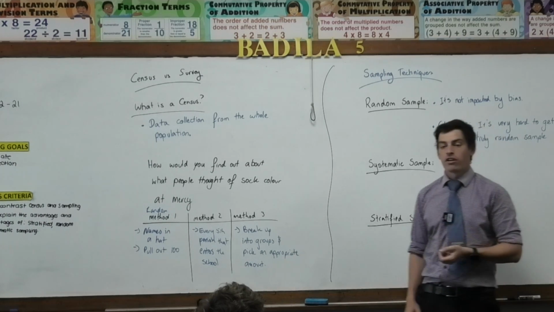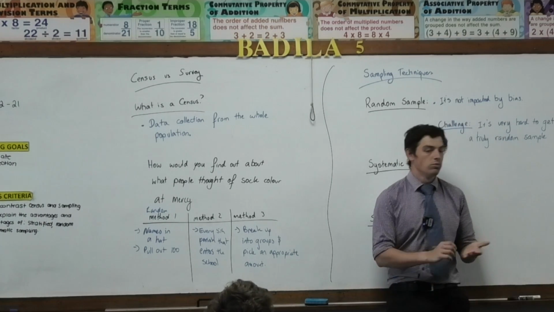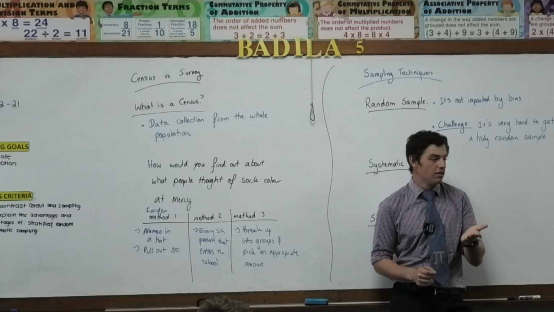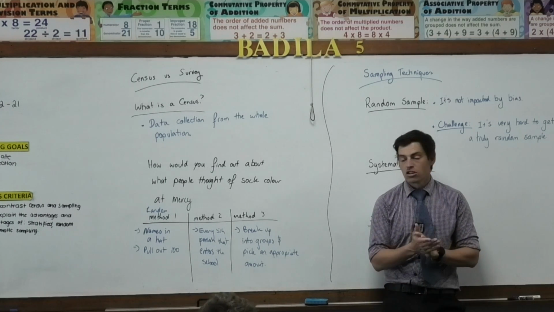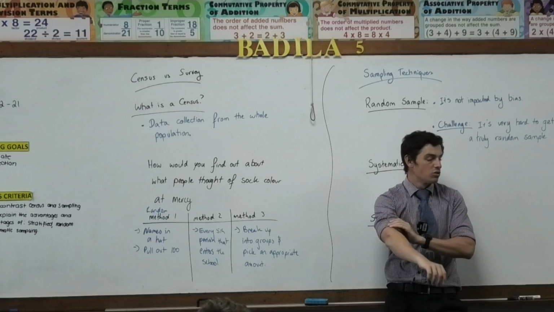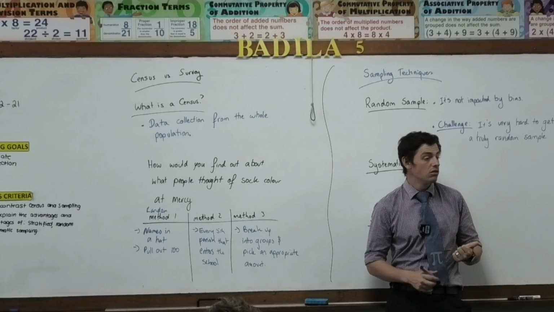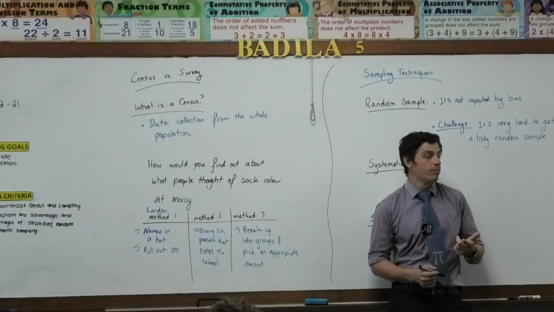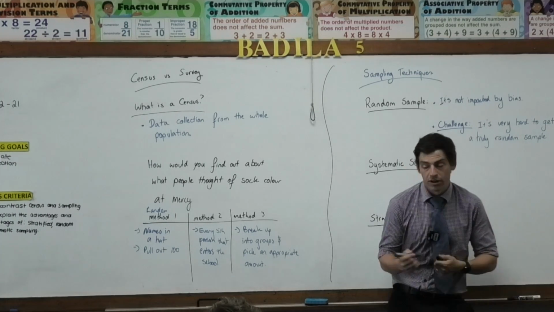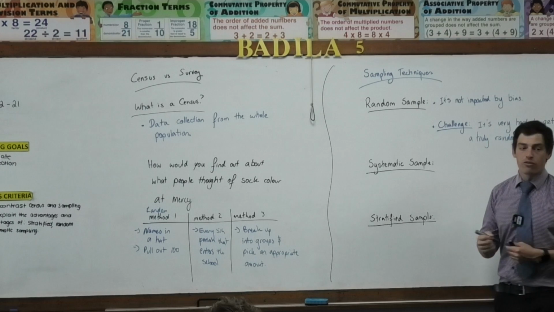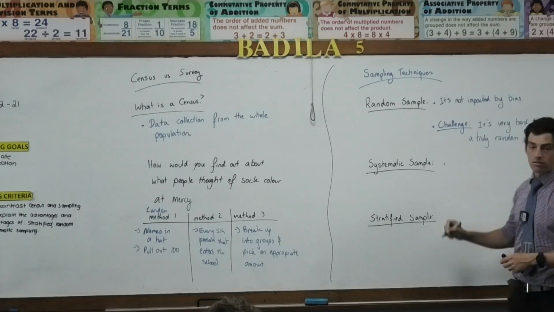Likely the same thing if I go sit myself at the bike racks and ask, should mountain biking be a compulsory sport at Mercy? What are the bikers going to say? They're going to say yes, correct? So the problem with the systematic sample is what? My placement has to be good and my system can't be biased. So what's the advantage before we go to the challenge? What's the advantage?